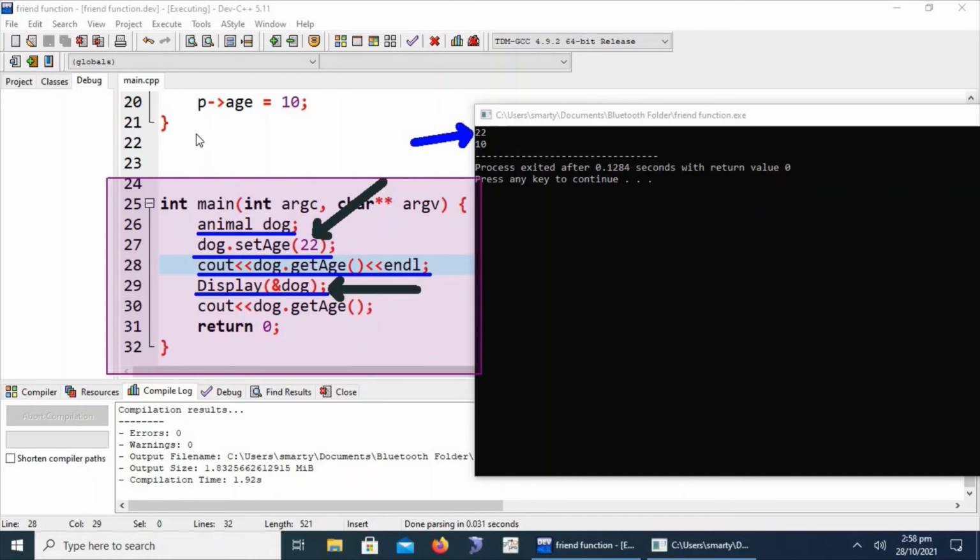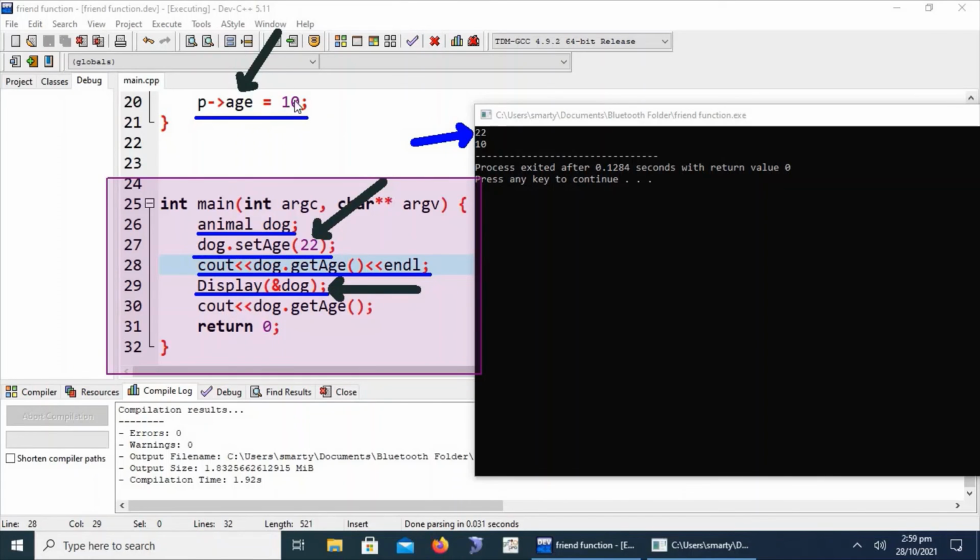In the friend function, we can see here that the private member of the class object is going to be updated or changed. We can do any other calculation depending on the scenario given to us. Basically, the idea behind the entire video session is to clear the concept of the friend function.